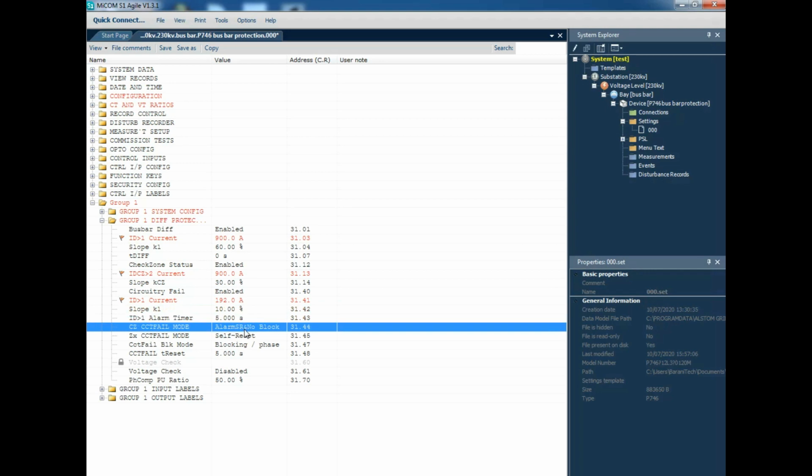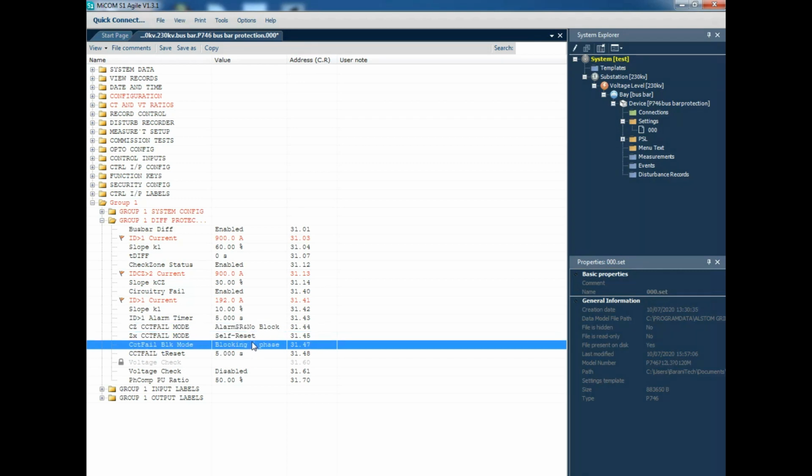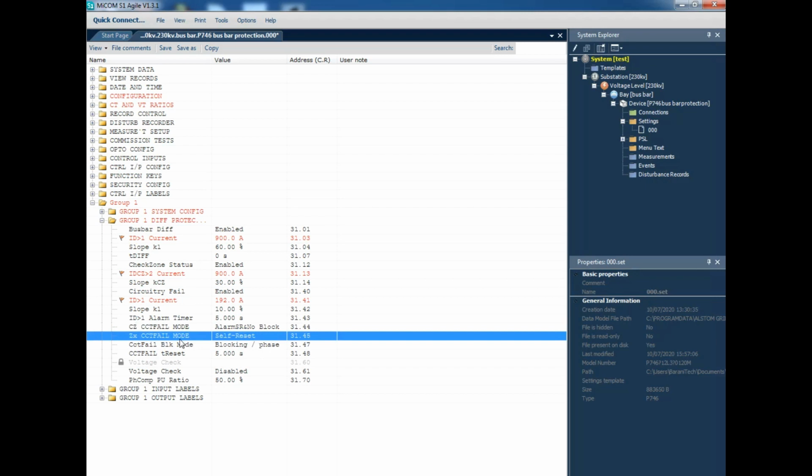Next we see the CZ circuit failure. That means if our check zone is showing an abnormal value, then the relay should respond to this. For that we are making only an alarm. And next one is the ZX circuit failure.